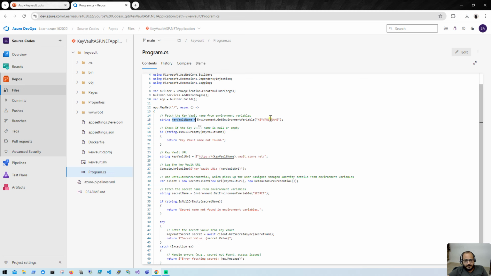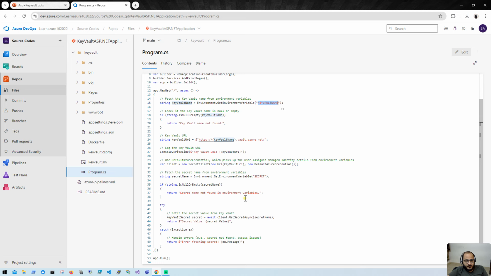So I'm just fetching the name from this particular environment variable, and I'm passing it here. So this particular URL will be complete while we run our Docker image. And one more thing, in this particular demo, I'm just retrieving the secret value, whatever secrets we have created in this particular key vault, that value I'm going to fetch as part of this